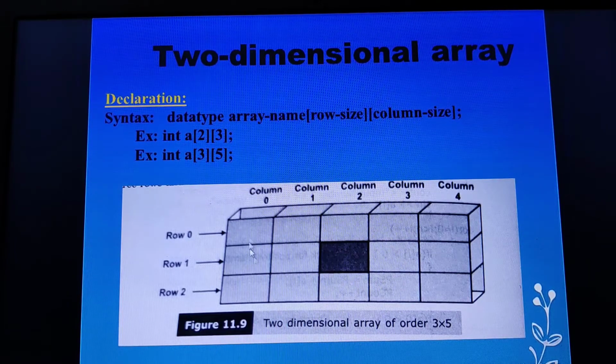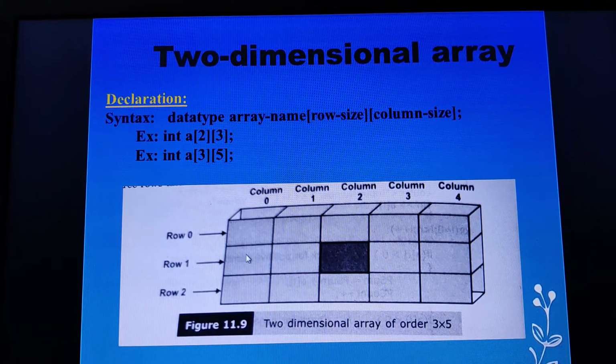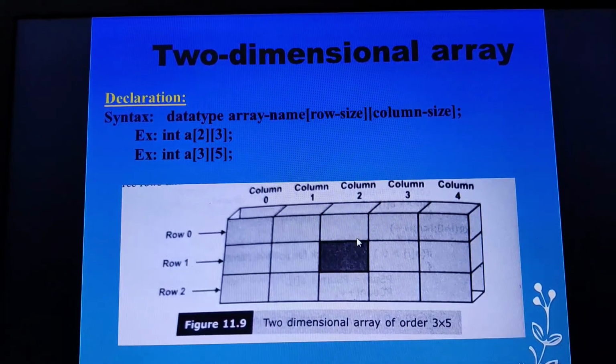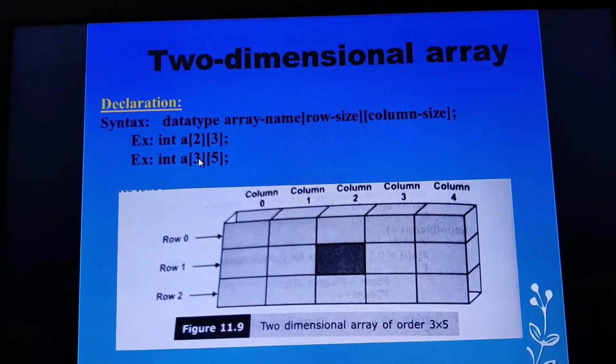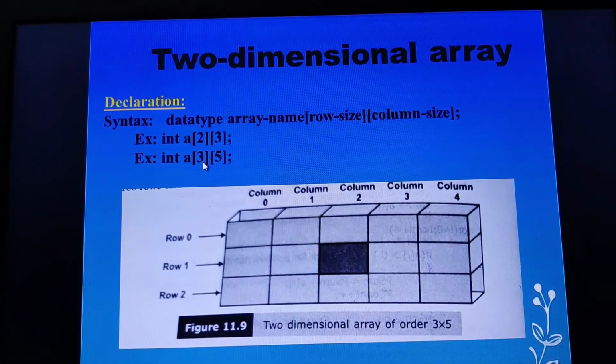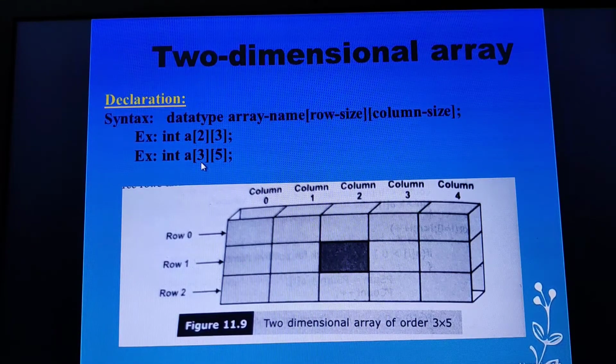Now you can see this particular figure. I said the order is 15. You can count 1, 2, 3, 4, 5, 6, 7, 8, 9, 10, 11, 12, 13, 14, 15, so in total 15 elements can be stored. Here the row size is 3, so the row index should range from 0 to M minus 1, since array subscripts always start from the 0th location.